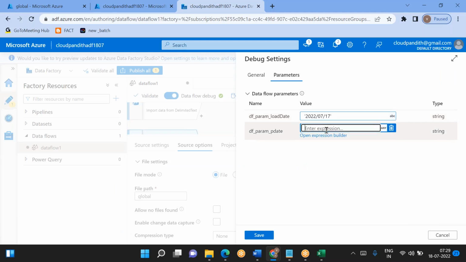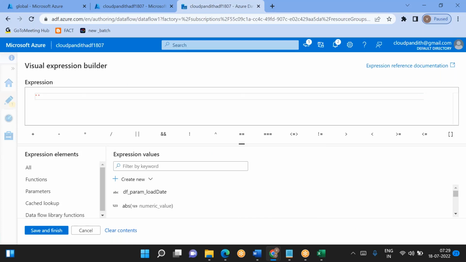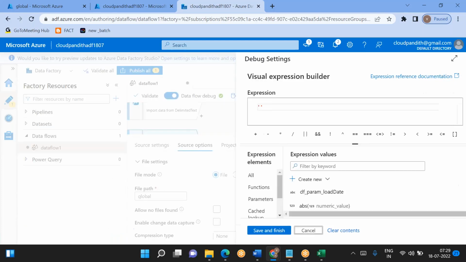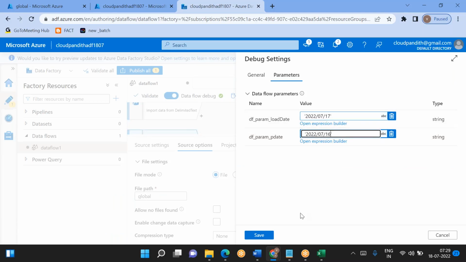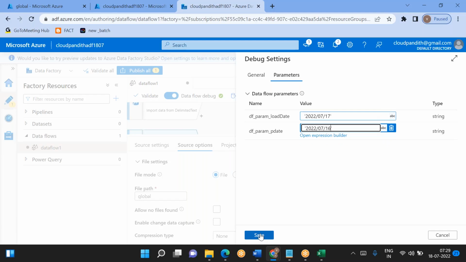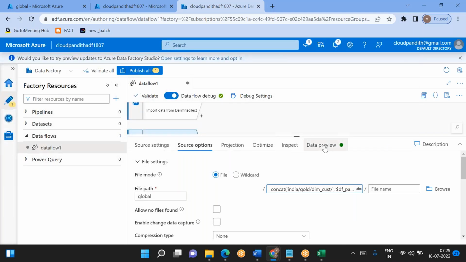Process date is basically 1 day. One day you need to come down. Okay, 2022/07/16. So I'll pass these two values dynamically from the pipeline, but from here we need to just start coding. Okay,